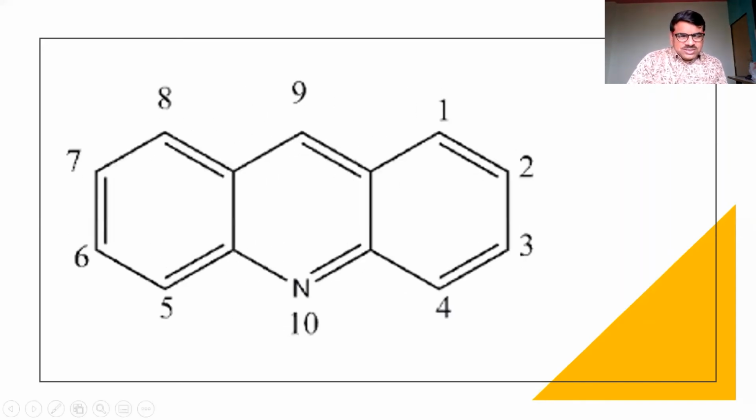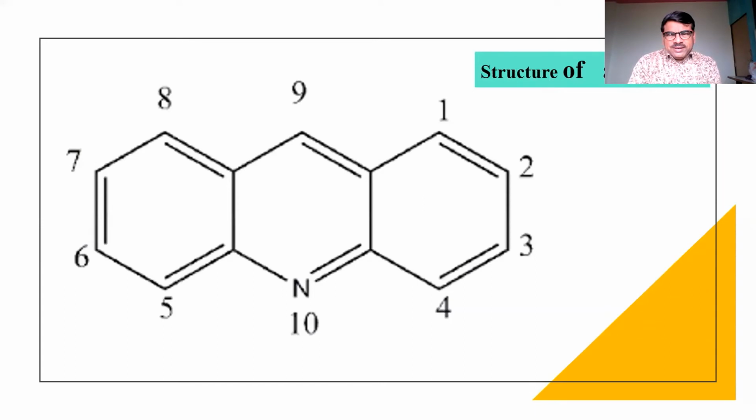Now see there, this is the structure of acridine. You look at this acridine structure. It is a little bit blurred, but you can see this very well. And this is the structure of acridine. When we want to take the spectra of acridine, how many different types of protons are there? I have written here. It is visible. When we take this kind of compound spectra, how many different types of protons are there?